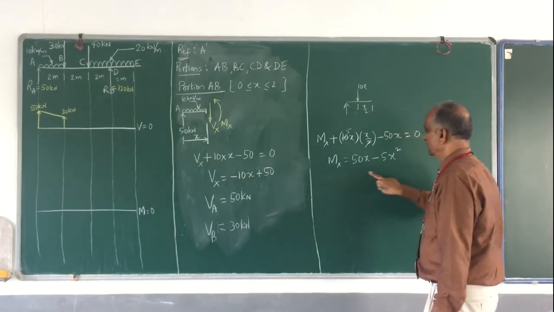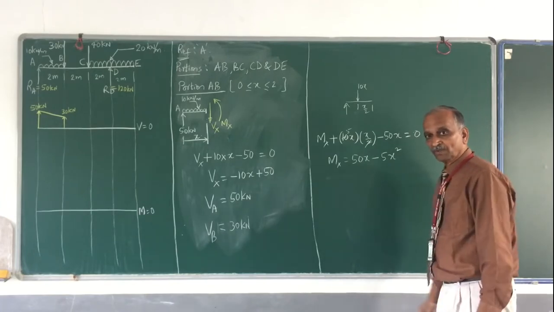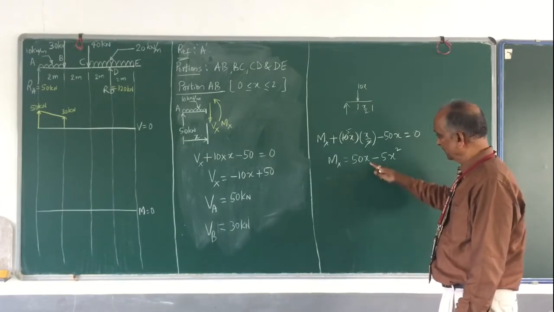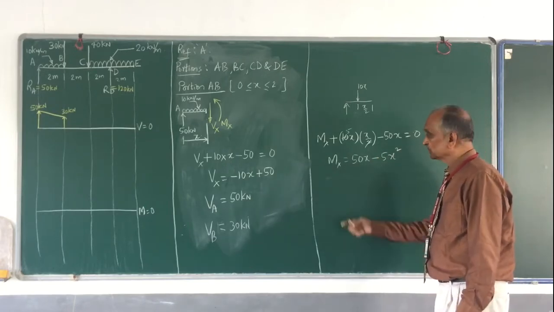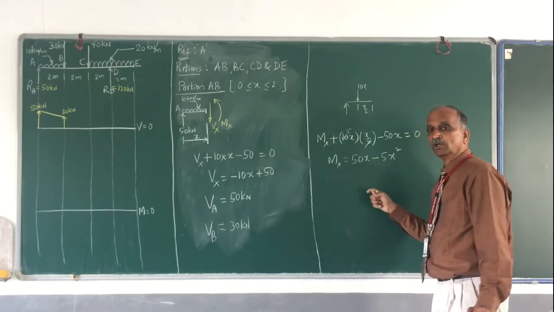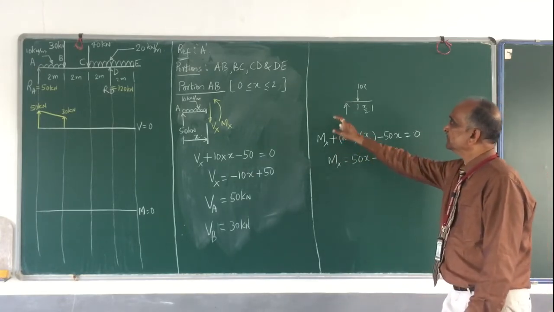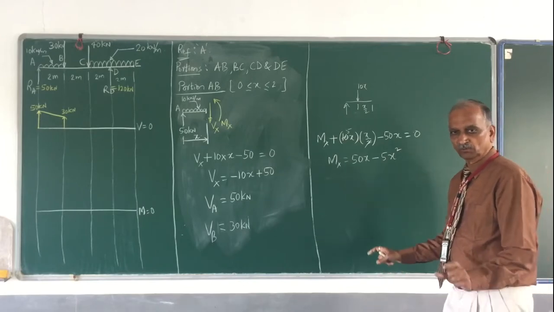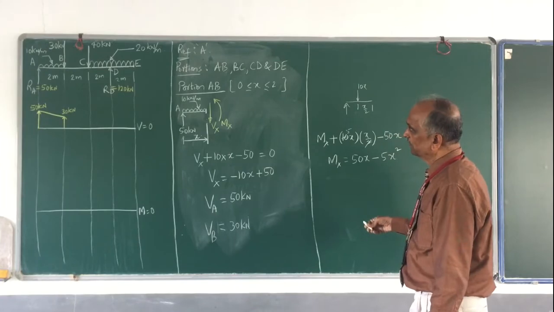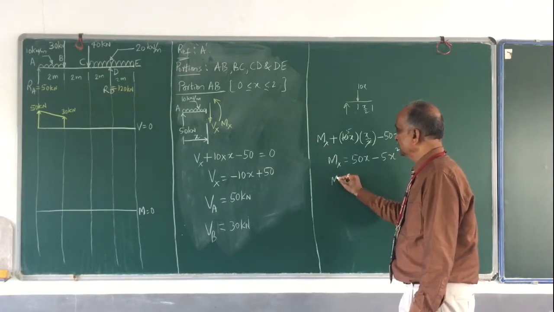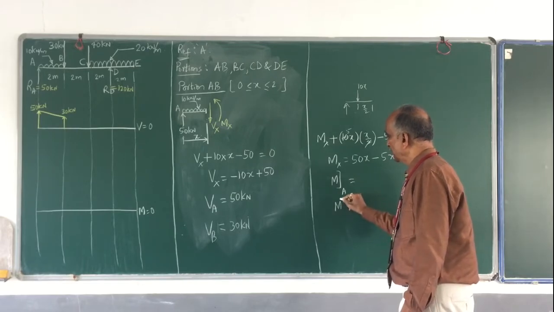Therefore, bending moment is not constant. Bending moment varies. So how is the variation? You have x raised to 1, this is alright, but you have x raised to 2. So the variation is non-linear, or the variation is a curve. The bending moment between A and B is a curve. I hope you understand. If it is a curve, then I don't know how the curve is. Let me get at least bending moment at A, bending moment at B,